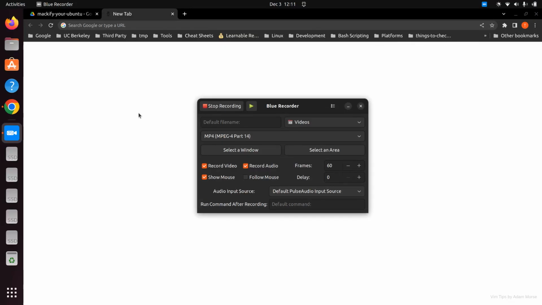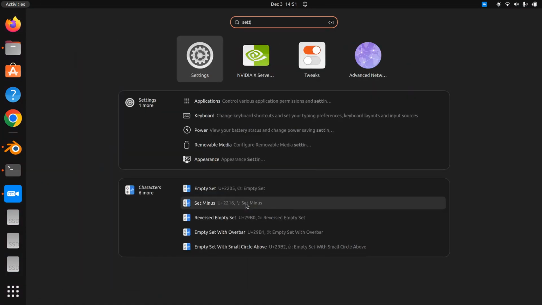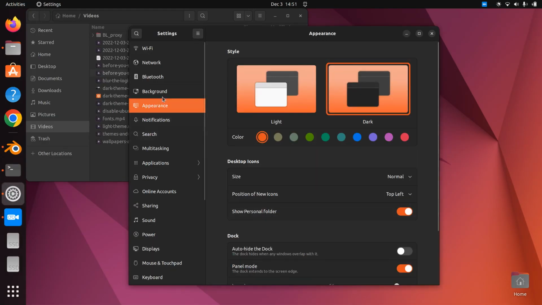So, here we are at a fresh new installation of Ubuntu. Now before you start making any changes, I would recommend you to change the dark or light style in your Ubuntu settings. So just go to settings, and under the appearance tab, change the style to what you would like your Mac to look like later. So for example, if you would like a dark looking macOS theme later, you would change this to dark. If you would like a light looking macOS interface later, you would change this to light, because for example, if